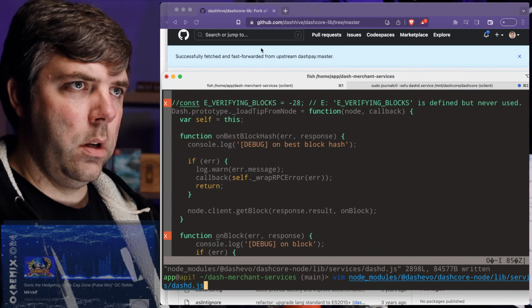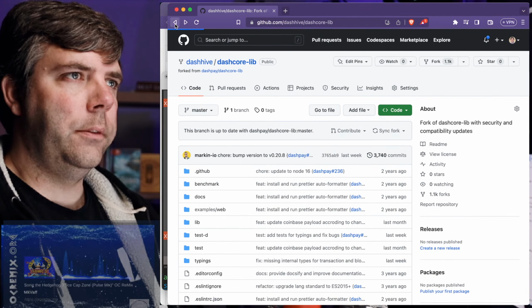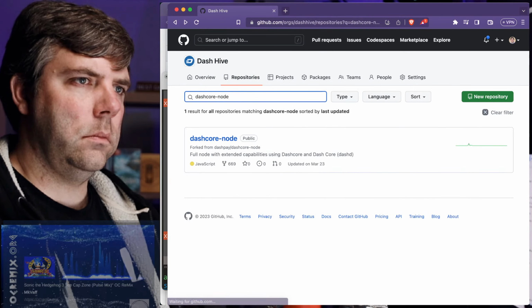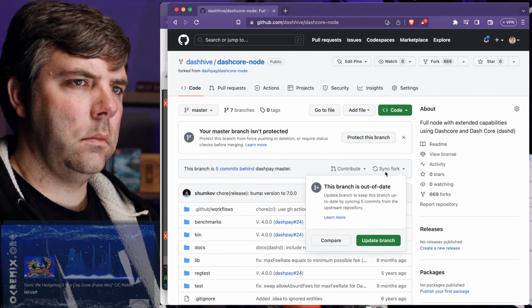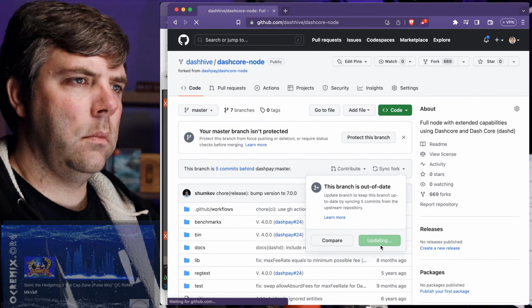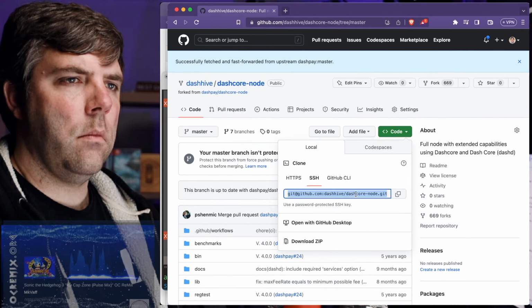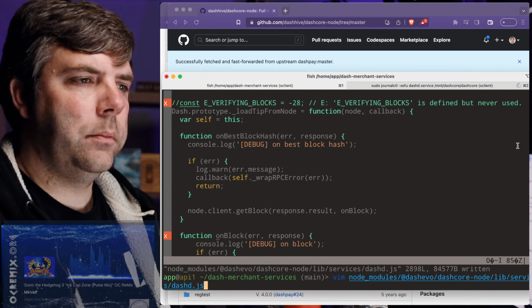No, dash core node. But wait, there will be more.